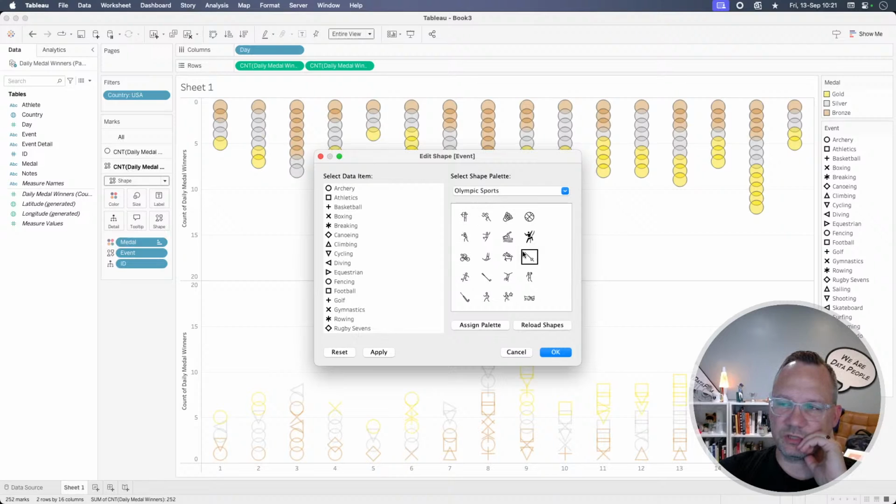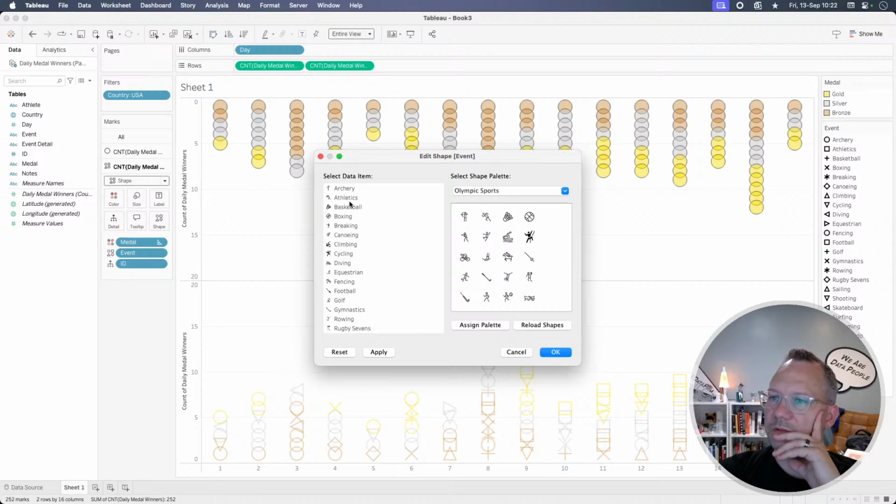So that's another tip or trick about your custom shape palette: if you know that you're going to be putting something on shape, go ahead and do some sort of formatting either in your data or on your shape files, and put them both in the same alphabetical order, and that way Tableau will automatically add all those. So all you have to do is assign palette, and it will add the correct